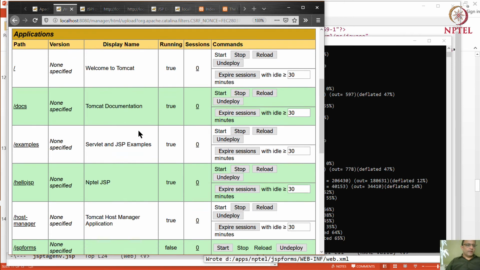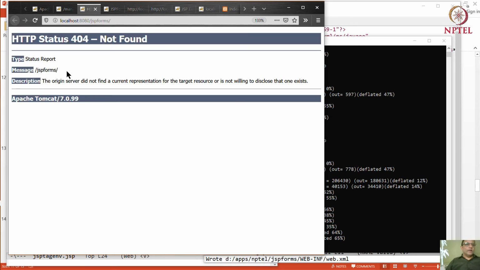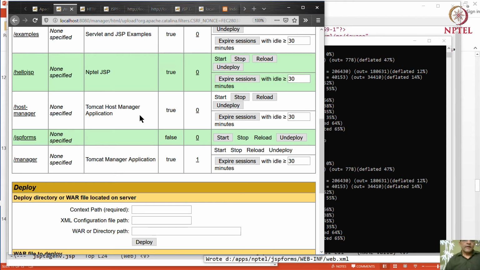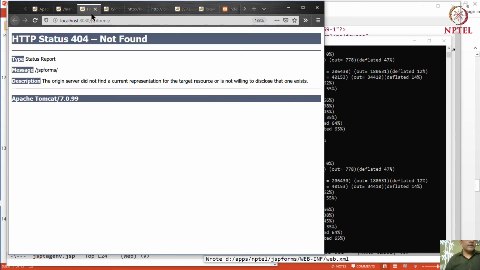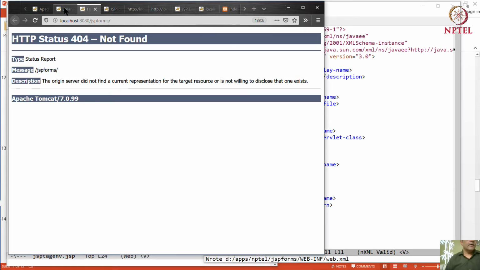So the deployment part is okay, but watch what happens now. Okay, so what it said is it could not find a resource. But why would it have said that? Because after all the JSP forms and all these details are there.